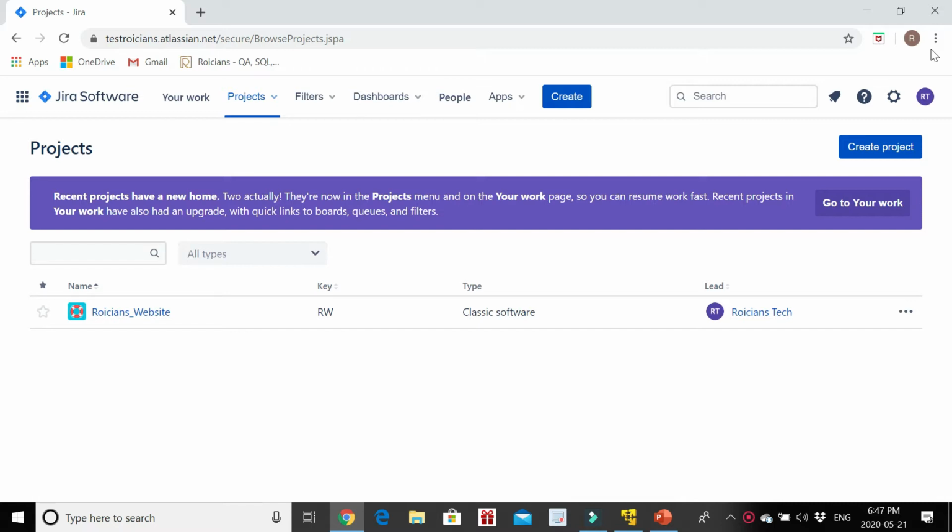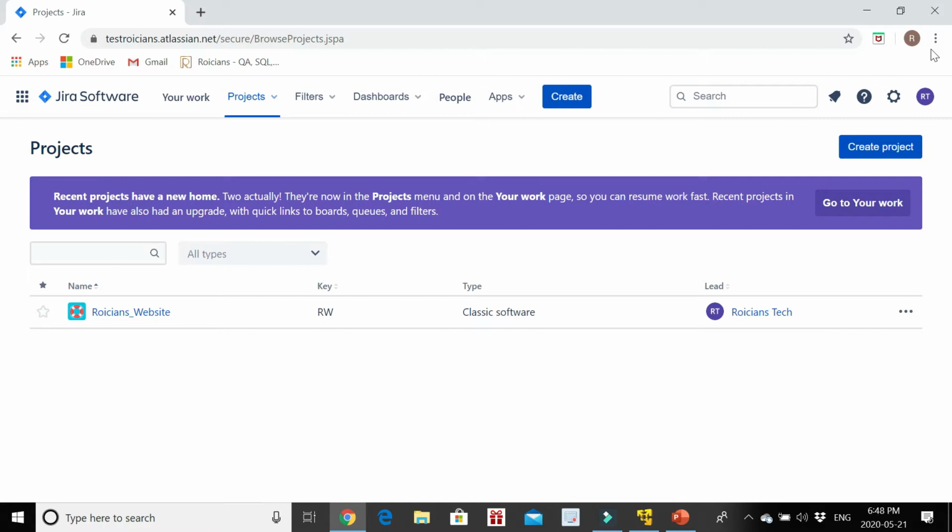Guys, Jira was originally created as a bug tracking tool, whereas its other competitor, that is QCALM, was a complete test management tool, in which you can write down the test cases, you can execute test cases, you can update the execution status of the test cases, you can log defects, you can generate reports. But in Jira we were just able to log the defect. Then Zephyr came into the picture.